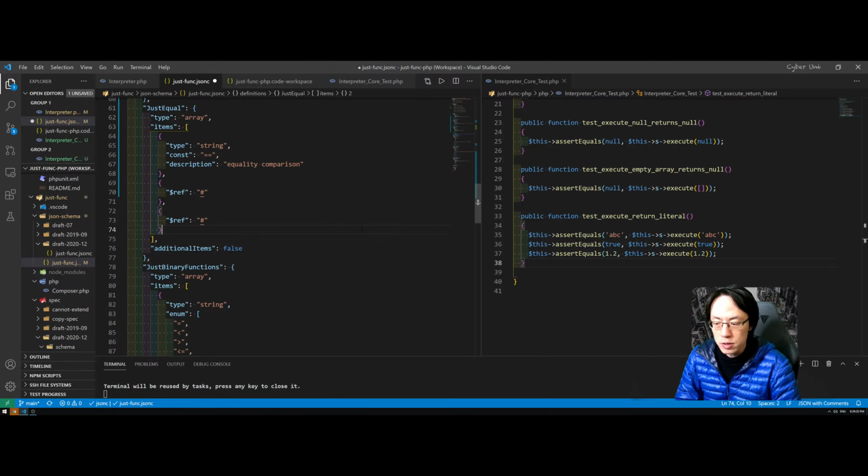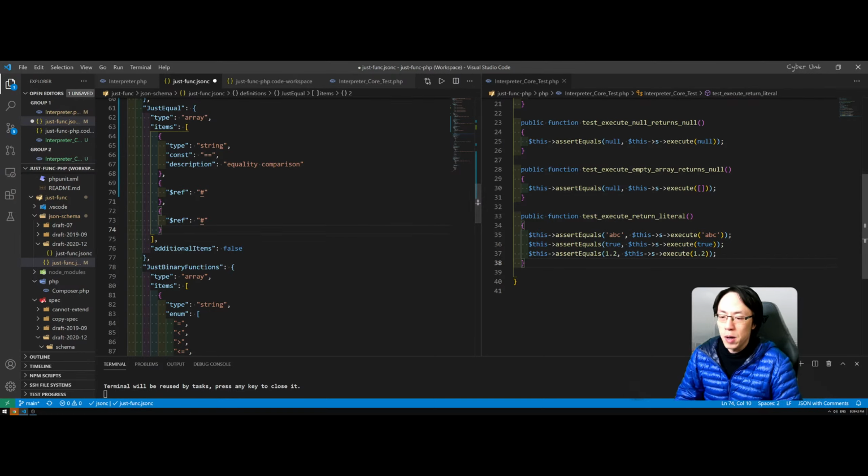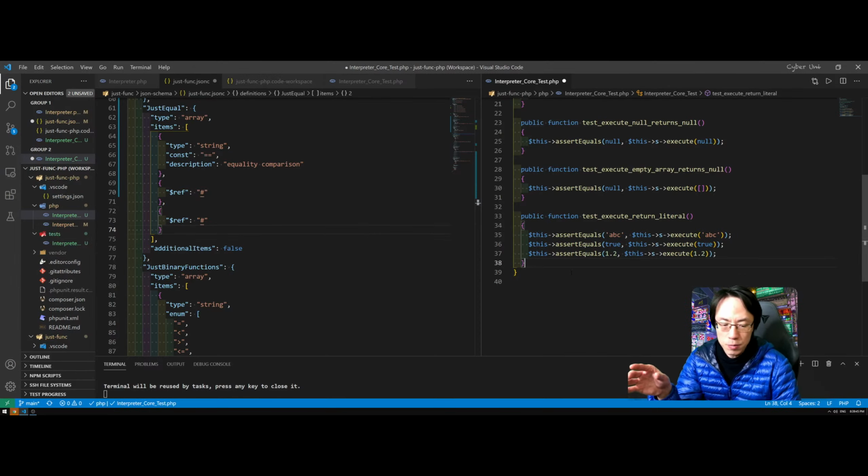It turns out the dynamic reference is indeed the way to go. And then we have made some fixes to the schema that we have, but I'm not going to show it right now because